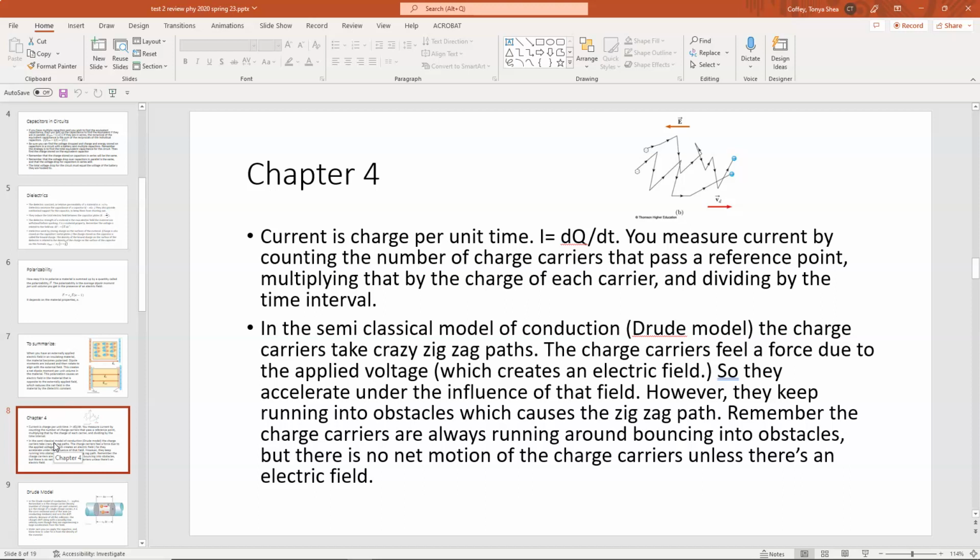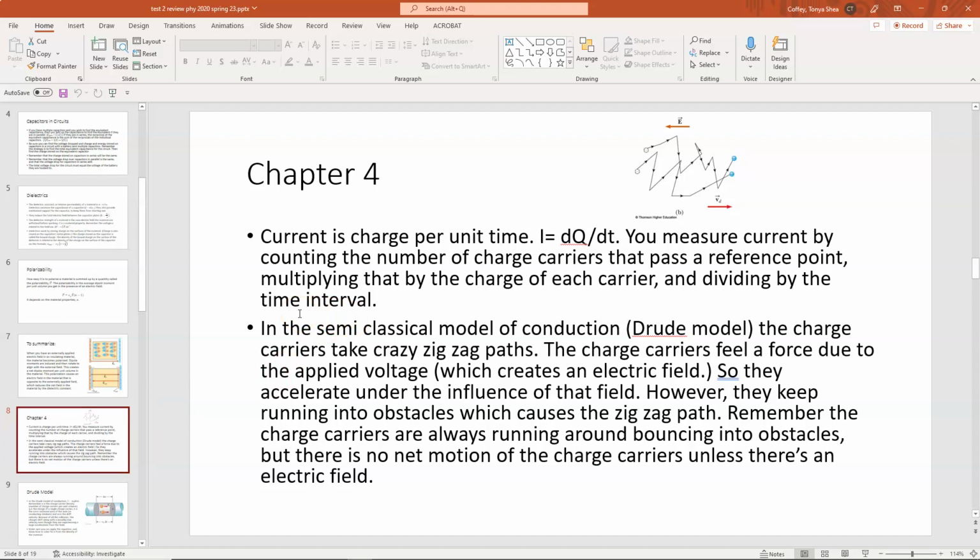We used the semi-classical model of conduction in this class. It's called the Drude model of conduction. Now in this model, the charge carriers are pictured as moving along these crazy little zigzaggy paths. And this is because they feel a force due to some applied voltage, which creates that electric field, F equals QE. So they accelerate under the influence of the field, but they keep running into obstacles, defects in the material, other electrons, things like that. And that causes them to bounce off those obstacles into a new velocity direction, as is shown in this little sketch up here, okay? But because they're experiencing that net force in one direction, they are going to have a